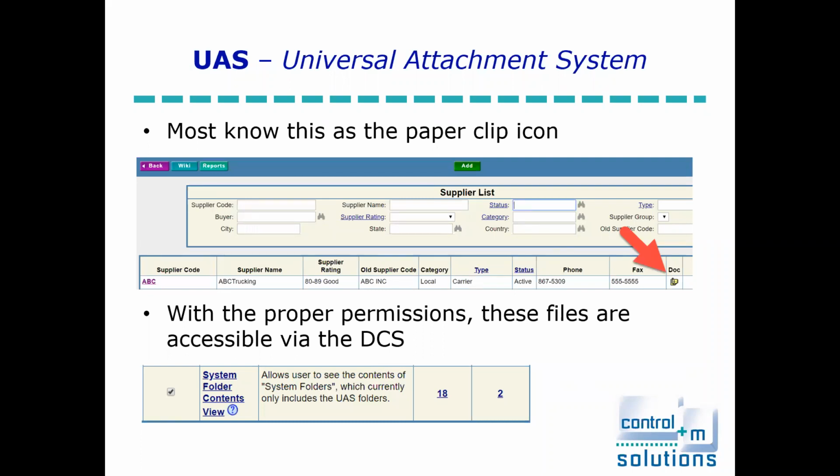So next is the universal attachment system. Most of you know this as the paperclip icon in Plex. So in many different modules, you'll see the ability to attach a file. That actually is being stored in the document control system and can be accessed within the document control system. So if I attach something, for example, here in the supplier list to a specific supplier, I may not have to go through all of my suppliers to find that again. If I have access to system folder contents view, which would give me access to the universal attachment system in Plex,